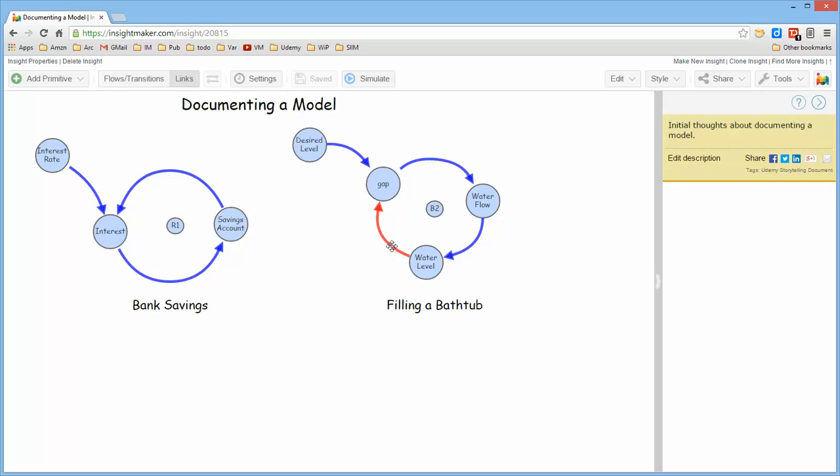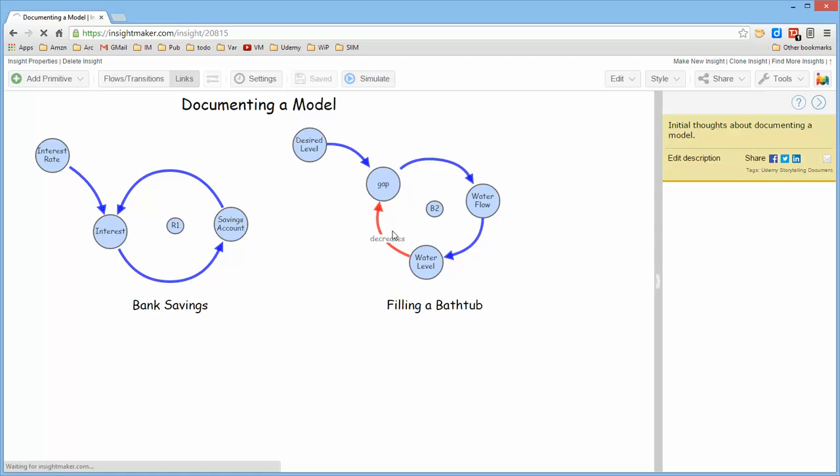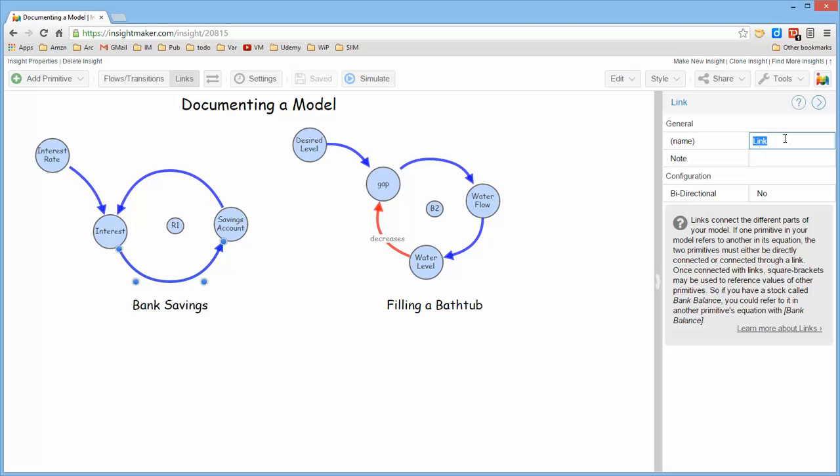Now you could also add comments to the links, or you could go ahead and change the name of the link. In other words, the default name for a link is linked. If you change it to anything else, it will display whatever it is that you changed it to. So now this says decreasing as the label that's on this link. And you might want to say at times that there's a delay associated with a particular